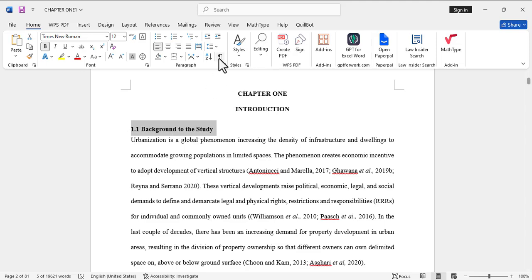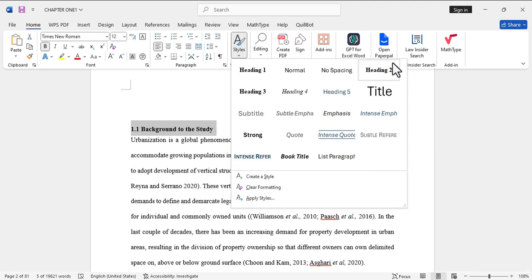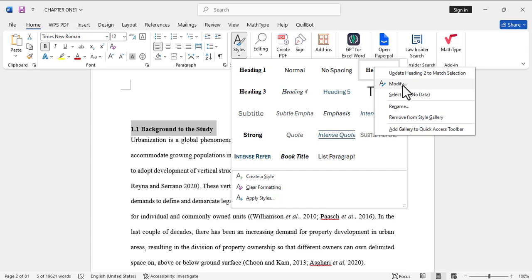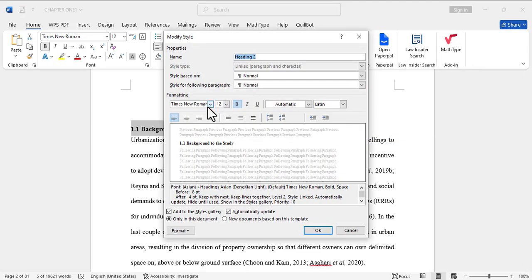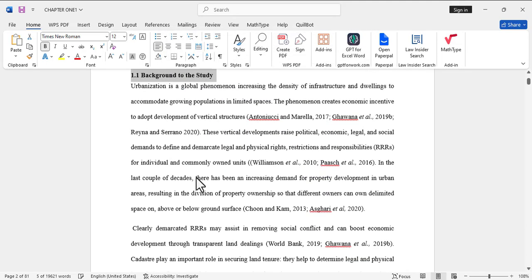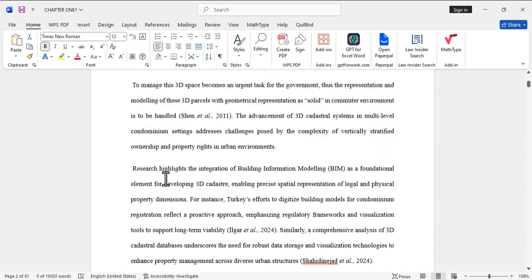Now what you need to do is to also go back and you see a heading 2 or tier 2 anyone. So you also right click, modify, and then you make sure they are in bold. But this time you're not centralizing, you're putting it by this side. Alright? Okay. So you also update table automatically. So when you come down, you see